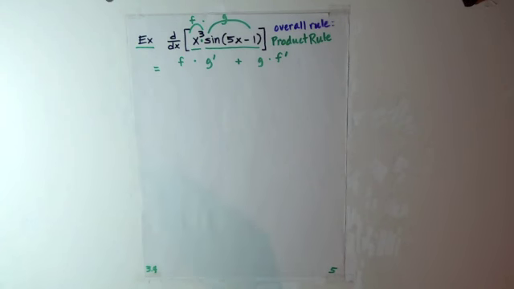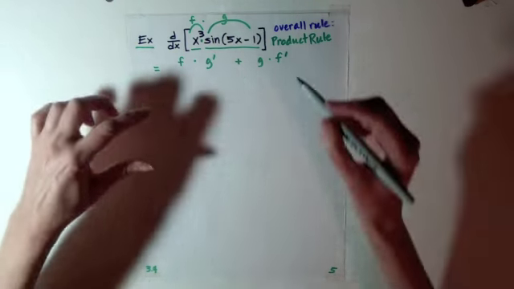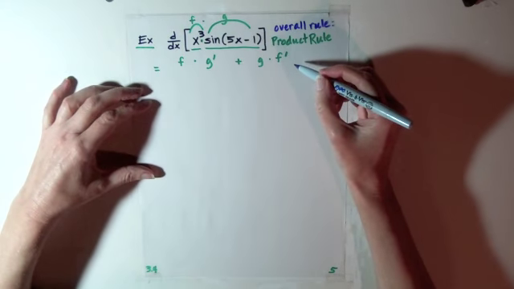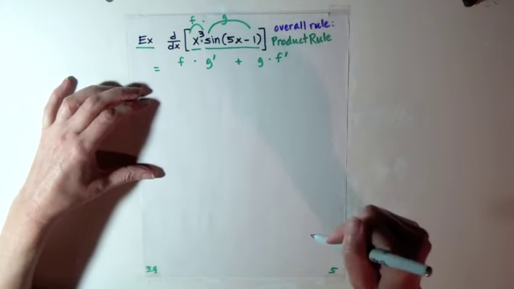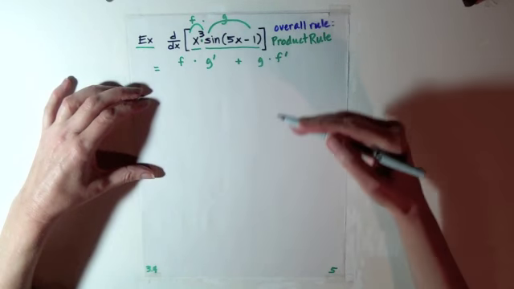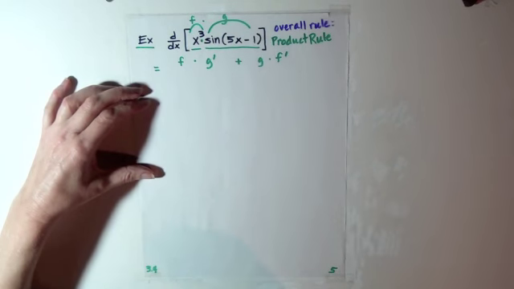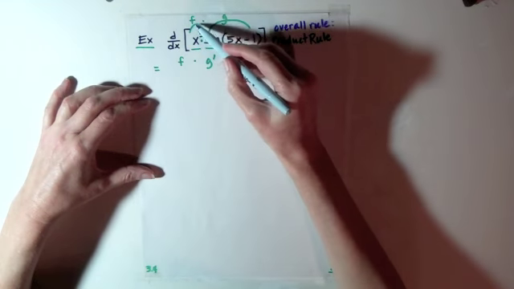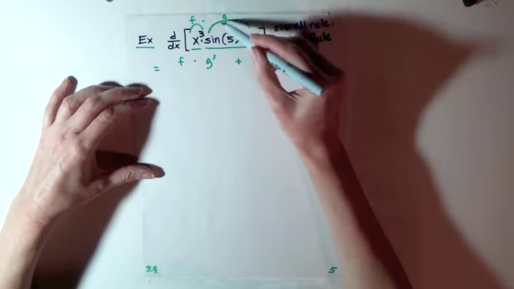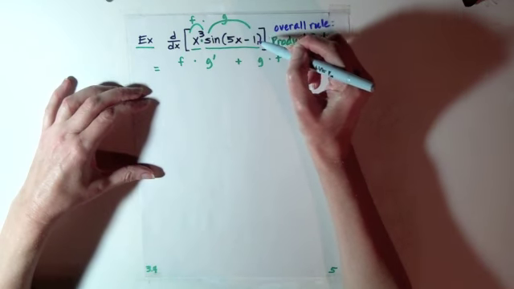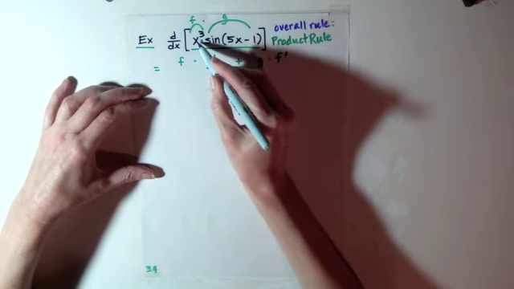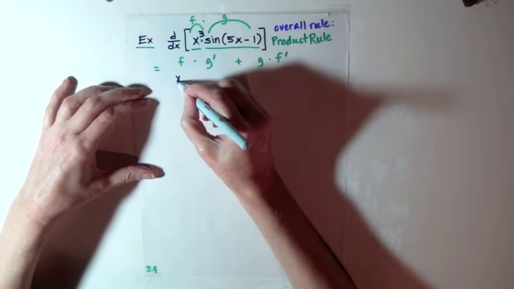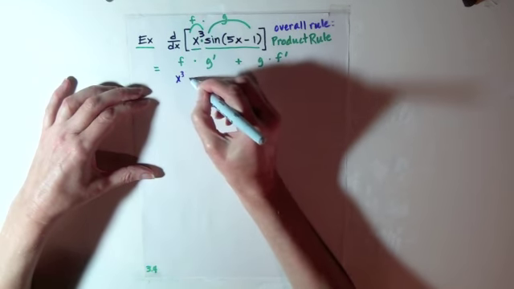Okay, so let's try this together. We're going to just apply the product rule for the time being. We know that later on we're going to need the chain rule, but I'm going to try to leave that for a second step. The product rule, if I think of x cubed as my f and sine of 5x minus 1 as my g, I'm supposed to do my original first function, so that's x cubed, times the derivative